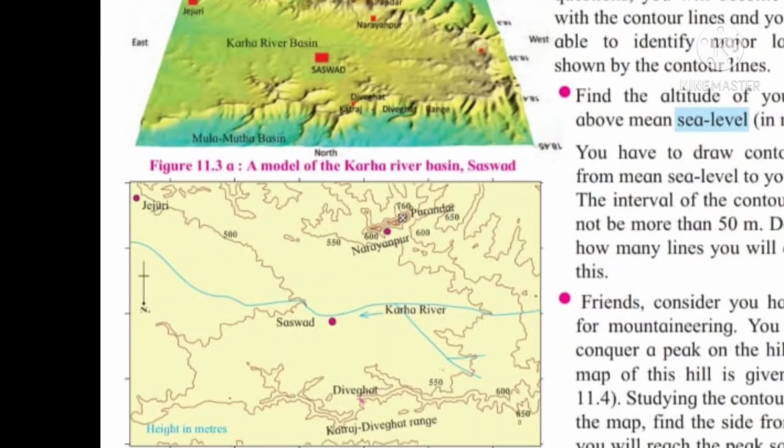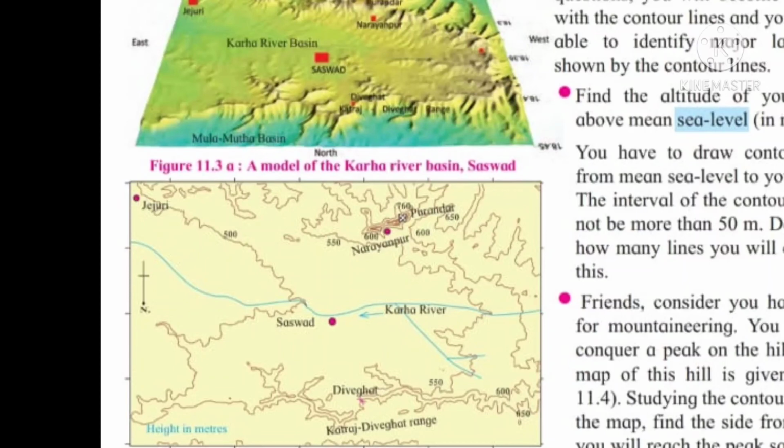Let us answer some of these questions. In which direction does Fort Purandar lie? Fort Purandar lies in the southwest direction shown above in the map. What is the direction of the flow of the river Kara? It flows towards the east. Kara river flows towards the eastern part. In which part are the hill ranges not observed? The hill ranges are not observed in the eastern part.